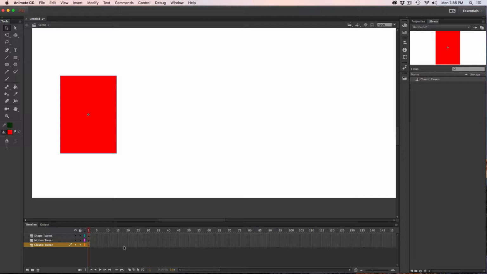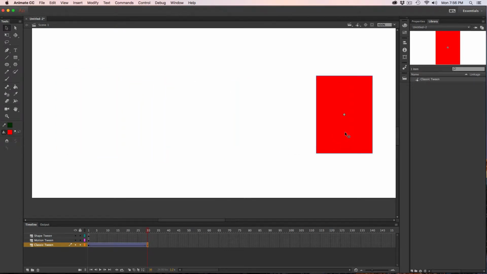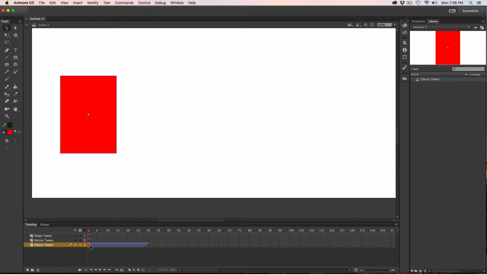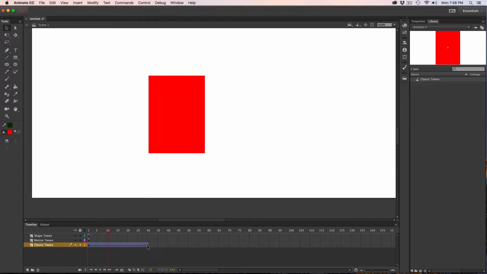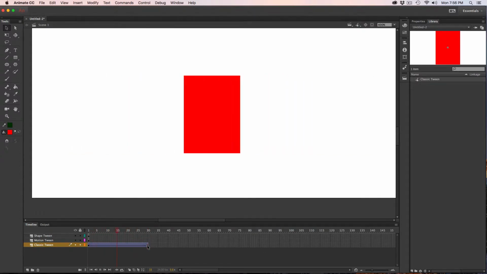It'll start off here, and let's say at frame 30, I'm going to insert another blank keyframe, and I'm going to move it to the right side of my screen. Check out my timeline. First off, keyframe 1 starts off here, then I've got an arrow pointing to keyframe 30 that ends here. And if I was to play test my screen, you can see it moves from that point to the other,